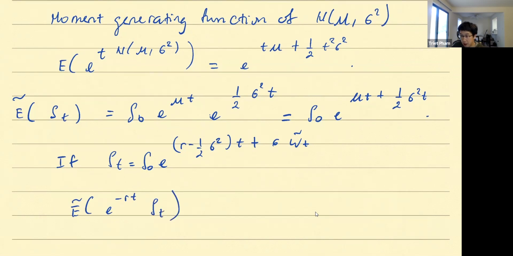Now you remember, the whole point of risk neutral is that if you discount the future value, you should get the current value. So if this model is a correct risk neutral model, the answer here should be S0. Now let's see that the calculation works out that way. If we discount, then this term cancels. So you get